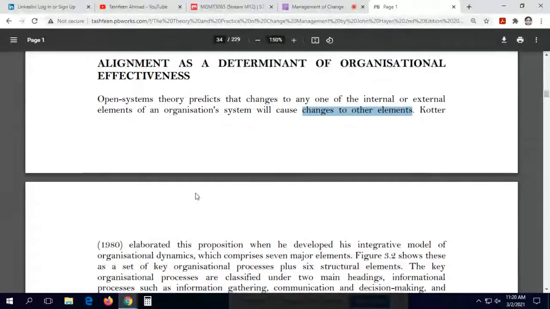Even when we were talking in the earlier weeks, I mentioned this to you, and let me reiterate the point that whenever you are trying to make any type of change, be mindful that you make a change in one area, it is going to impact